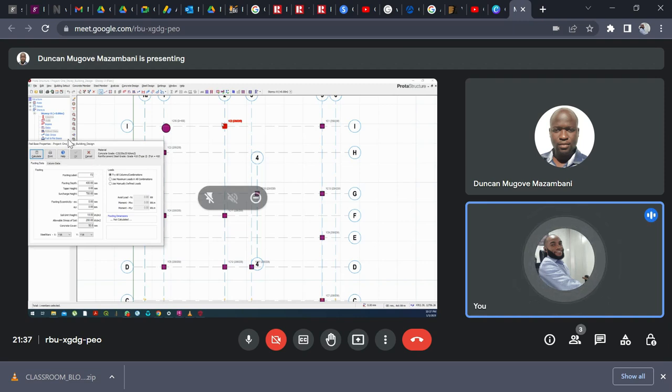Okay, so for this case right now, we are assuming that the bearing capacity of this site where the building is to be sited is 150 kilonewton per meter square. So right now, on that place where you're seeing allowable soil stress, you have to put in the value there as 150. Then the place where you see footing depth,